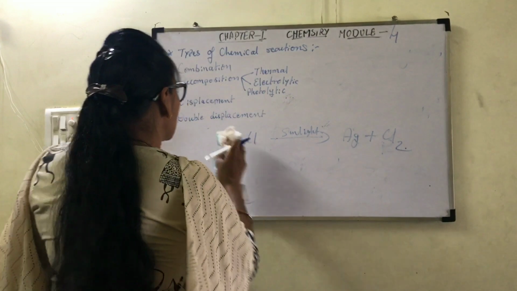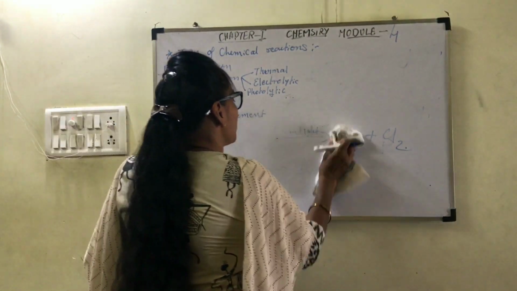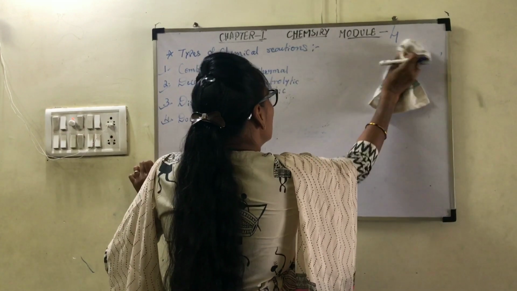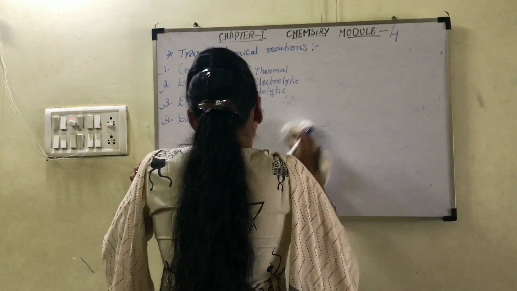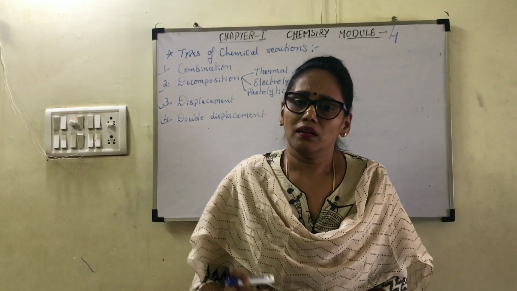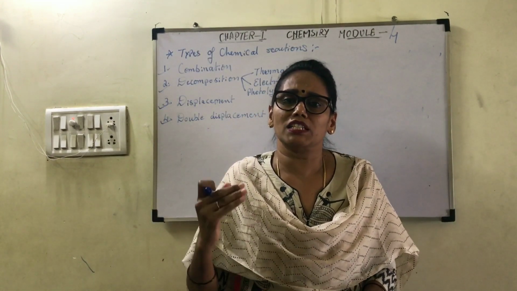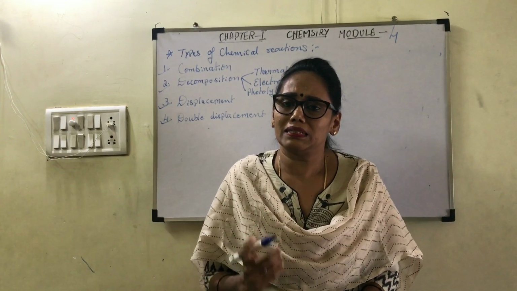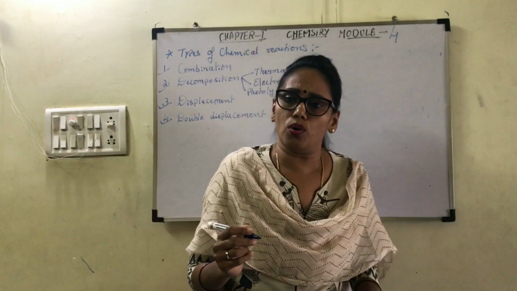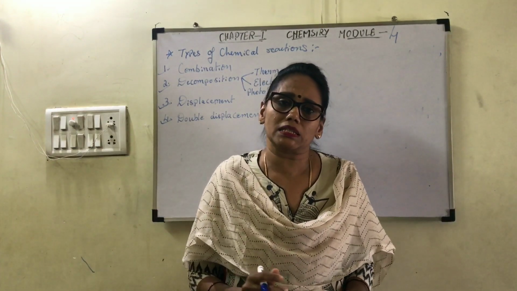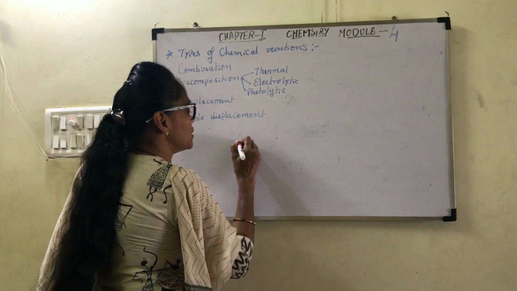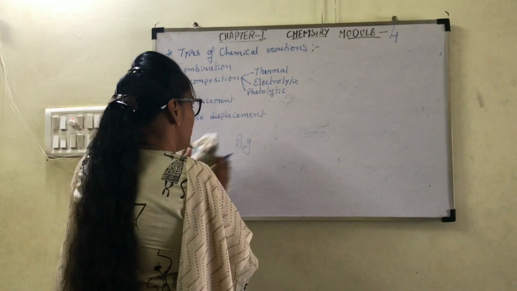Now coming to the next is the displacement reaction. The word displacement says substitution. It's also called a single displacement reaction. That is, a highly reactive metal displaces a low reactive metallic solution. So you have the reactivity series. You can go see a reactivity series in our chemistry and then know which is highly reactive. And here the concept is a highly reactive metal.